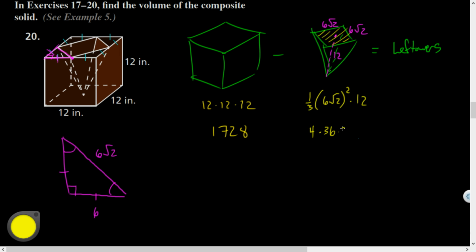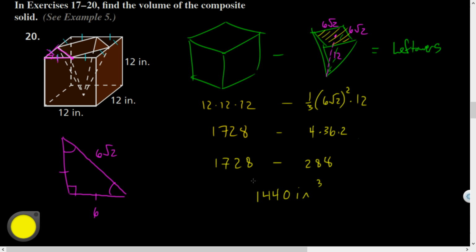Root 2 squared is 2. Right? So I'm going to have whatever 72 times 4 is. 72 times 4, 288. And then 1728 minus 288 is going to be 1440